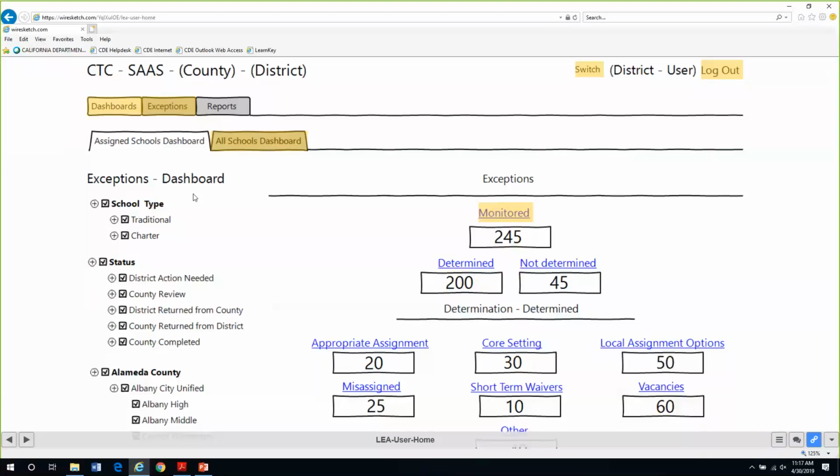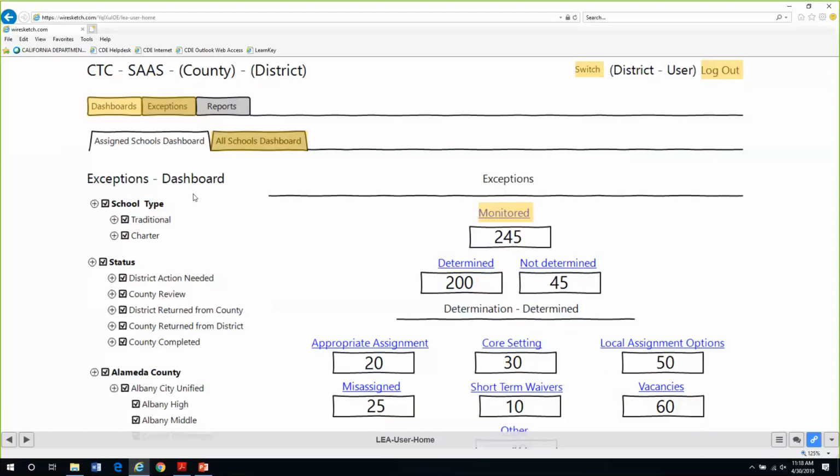I have a very specific local assignment options question, one that does not require the school board's authorization to use. What kind of documentation is needed? Okay. So first of all, let me say that any request for documentation is up to the monitoring authority to determine what they need to see in order to determine something's an appropriate assignment. So if they need to see the governing board minutes, transcripts, or a master schedule, that's all decided on by the monitoring authority.